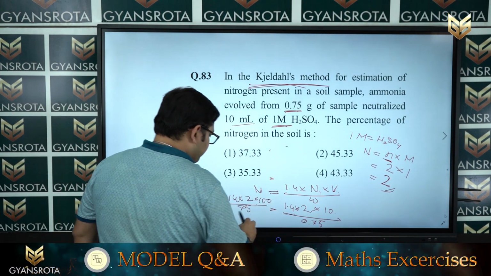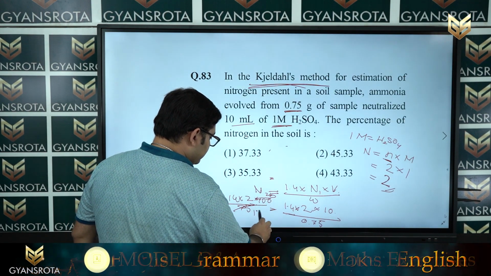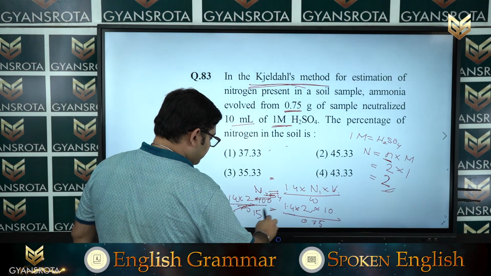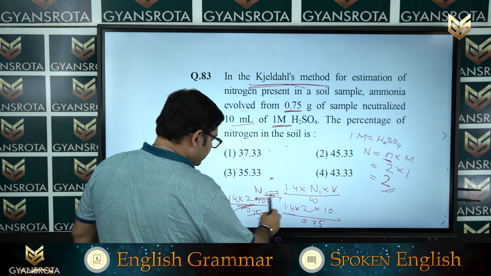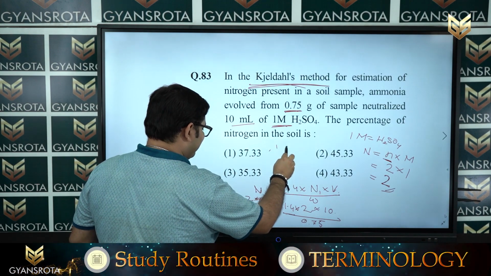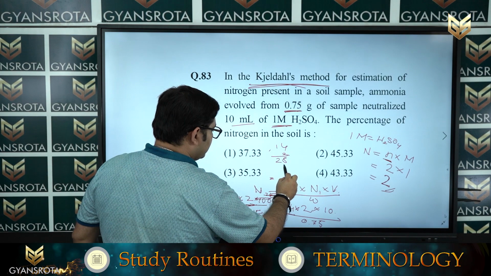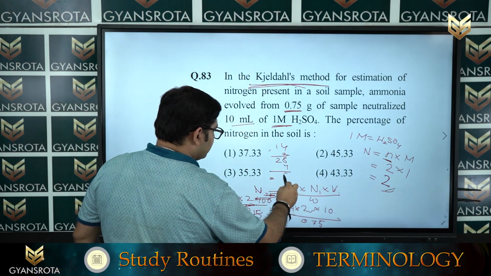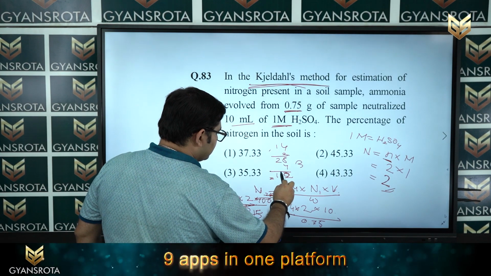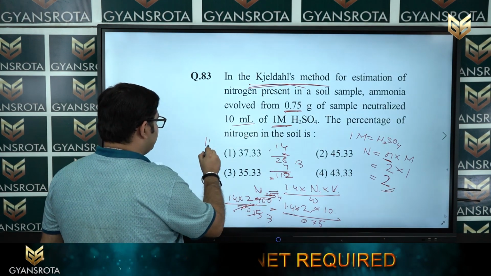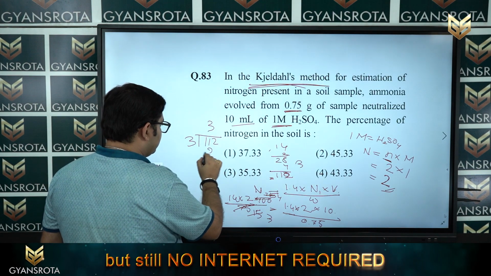So, if I cancel, 5 into 20, 15, 4, 3, and it will be 14 into 2, 28 into 4, 112. If I am doing 112 divided by 3, so it will be